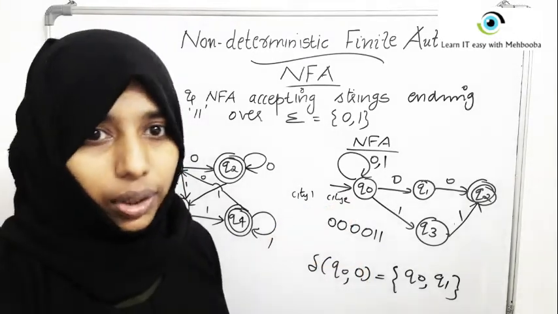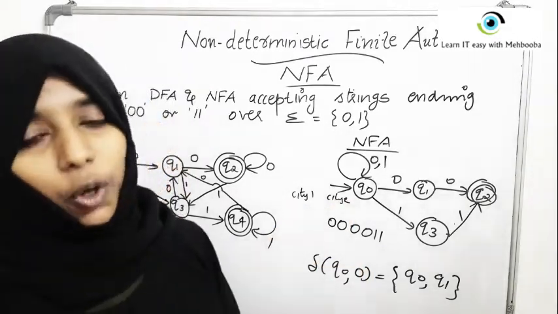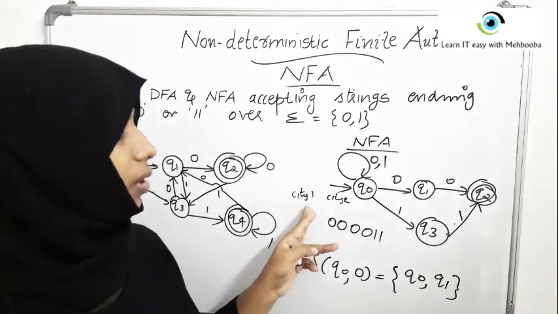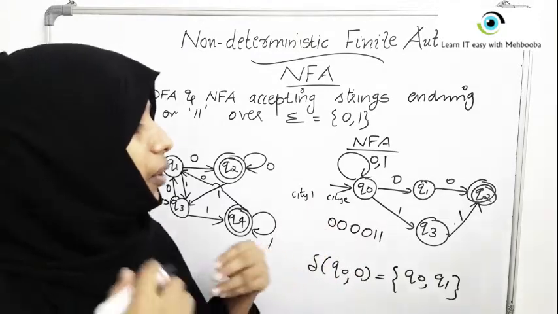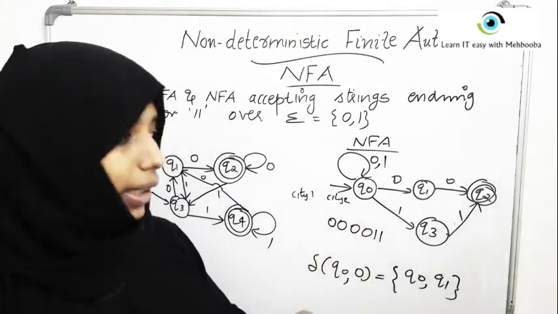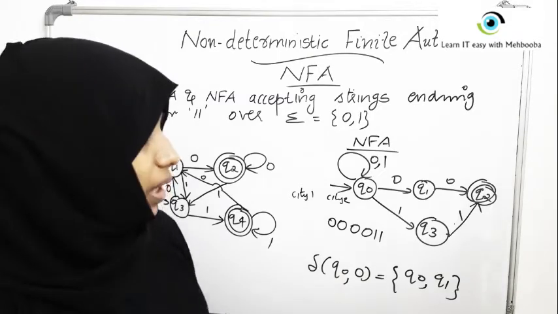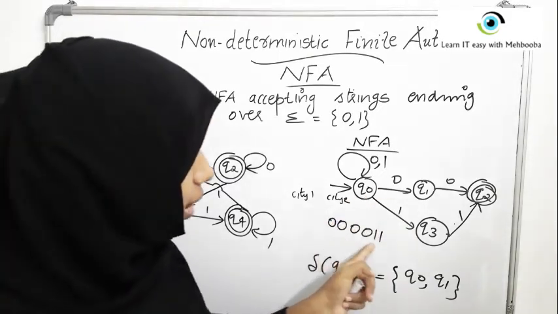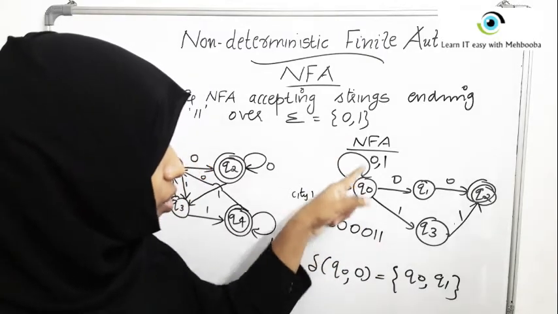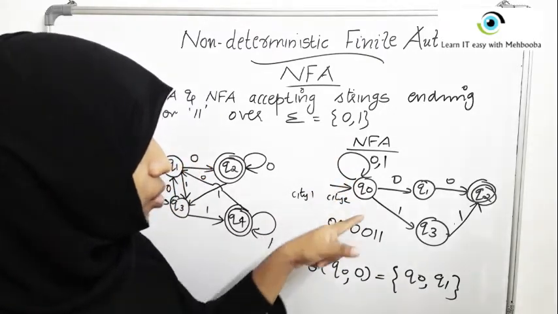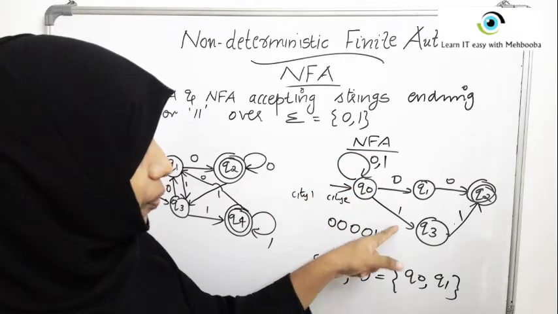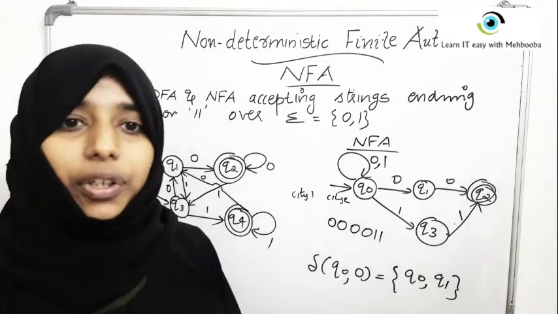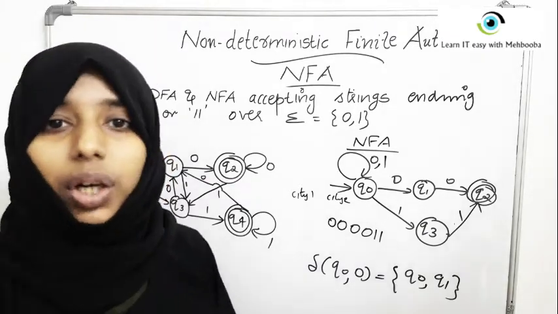But the problem is with you, not with the routes. There are proper routes. If you are taking the correct route, you will reach city 2 from city 1. If you are not taking the right route, you will end up somewhere else. But that's not the problem with the NFA. So here there is always a correct path for this input. For example, for 0 stay here, for 0 stay here, for 0 stay here, for 0 stay here, for 1 come here, for this 1 come here. So there exists a correct path. If you're not taking the correct path, you can't blame the design.